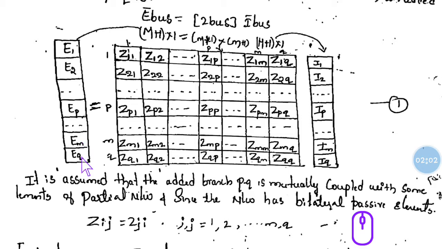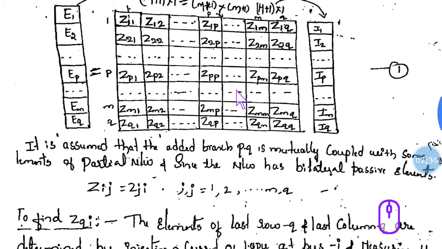We want EQ here because we are finding Z of Q, and whatever voltages you write, you write the same thing in terms of impedance also. This matrix I am writing like Z11, Z12 up to Z1M, Z1Q, and the same thing you have to write in terms of the matrix. And so many currents I am taking, I1 up to IQ. Here we get 2 conditions. One is that mutual coupling also you will be getting here. Before going to that, let us do this.